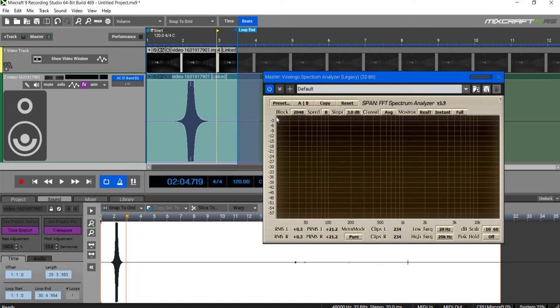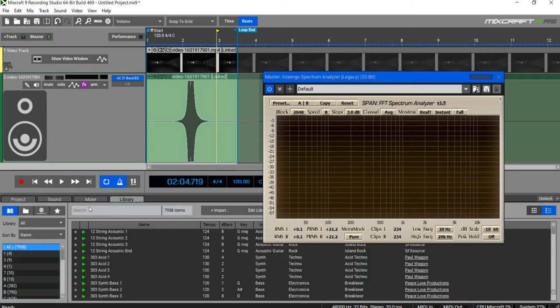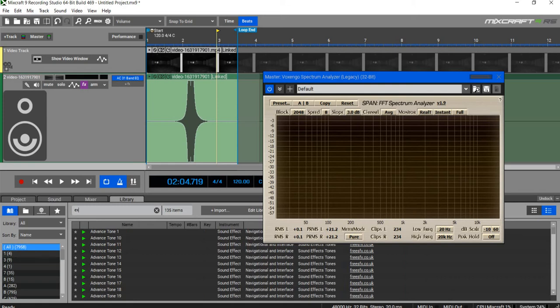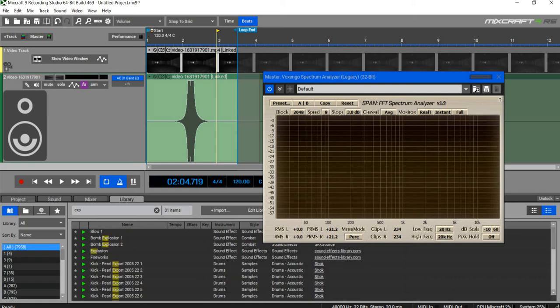That is up to, as I give you an example, let's put a library effect in, an explosion. Okay, I'm going to use that. Right.